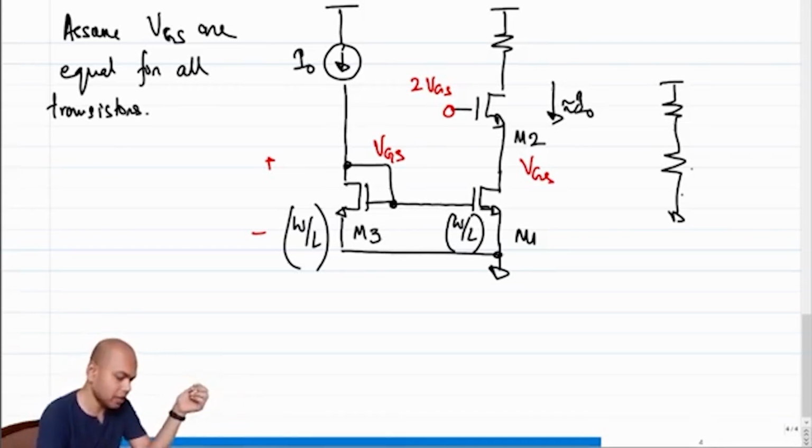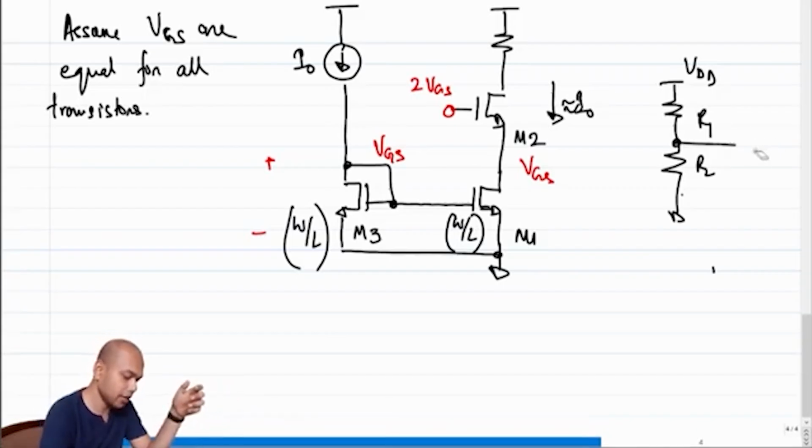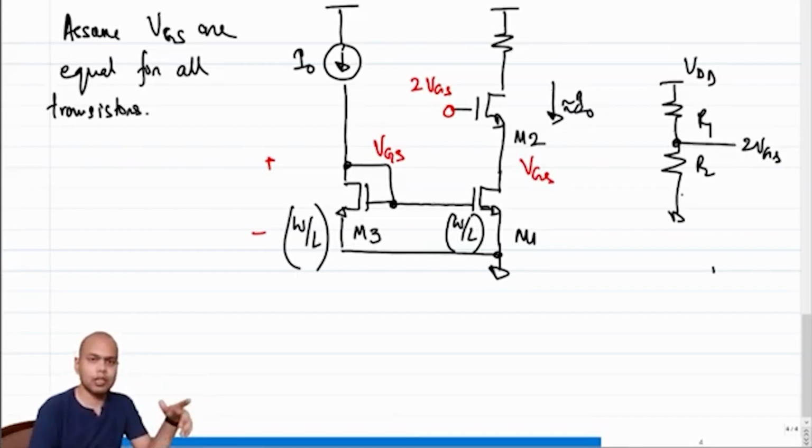So let's say I put a resistor divider. This is VDD, this is R2, this is R1. And I size R1 and R2 such that this is 1.2 volt, or exactly equal to 2 VGS. Will this work? It might work for one particular very sweet case, but it will not work across the variations